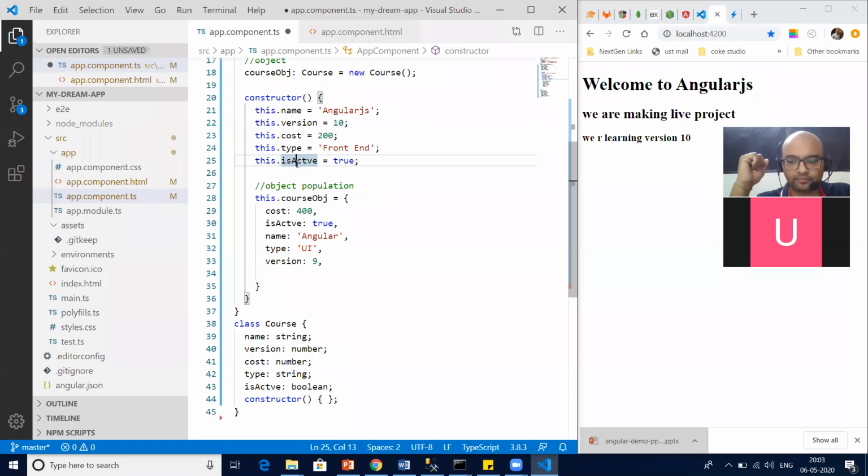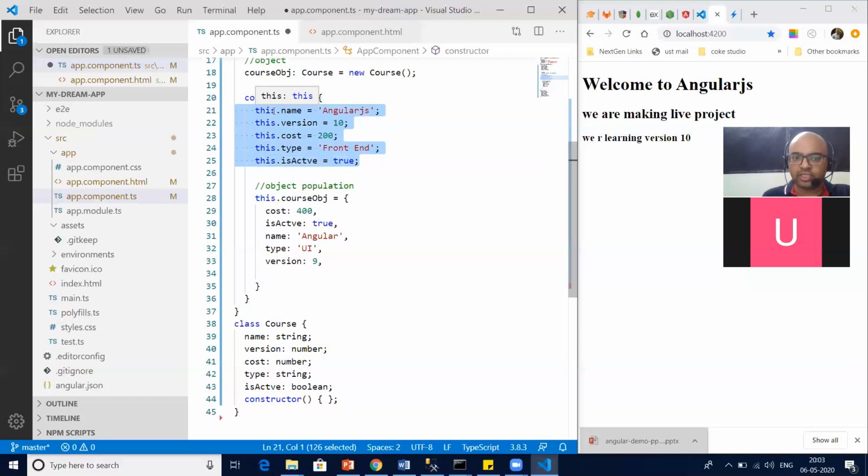Yes or no? If it is just a name, or just a version, or just some other properties, I would not be taking a class because it doesn't make any sense. But when I have more than 2, 3 properties which belong to the same thing, course, don't you think it's a good coding practice? I mean, there is no harm in it. Let me tell you one thing. If you go with this approach, you will never get any error. But this is not a correct approach, right?